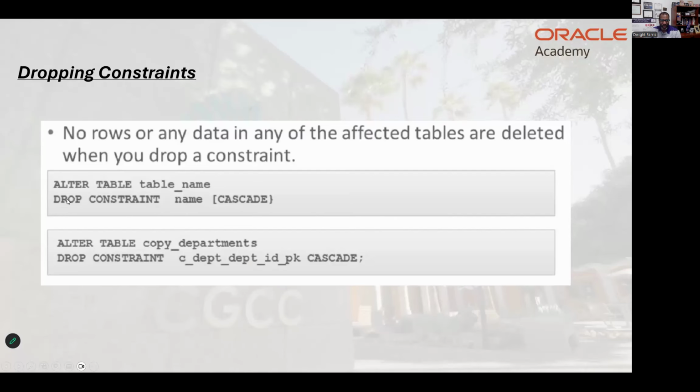ALTER TABLE table name DROP CONSTRAINT and then the name. And CASCADE, that means you're using cascade, you're dropping basically all the references to the constraint if necessary. You do have to be very careful once again with this type of drop, because now you're eliminating all the constraints, which you may have to